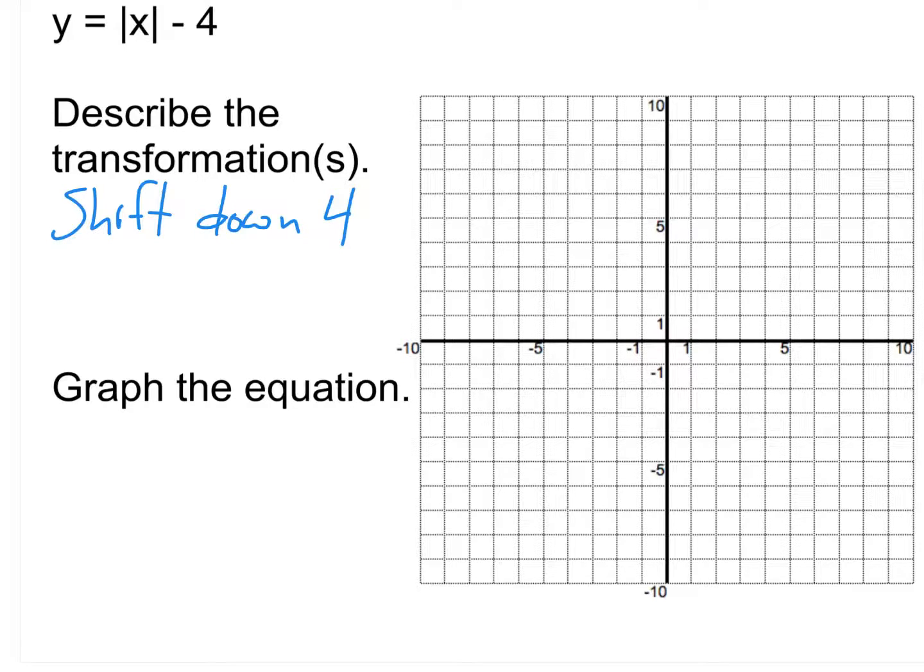And so what that tells us is that this is going to be the same as our regular old absolute value of x graph shifted down 4, which actually is something you're well familiar with. So let's go ahead and actually start making that graph. That means my first point is down at negative 4. Then we say, okay, this is absolute value. So now that I know where it was moved to, since it's absolute value, I know the shape is a V shape. And so that tells me that it's going to be going over 1 and up 1 on both